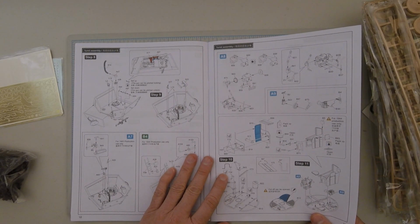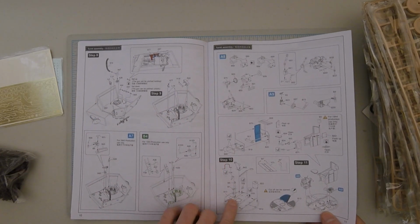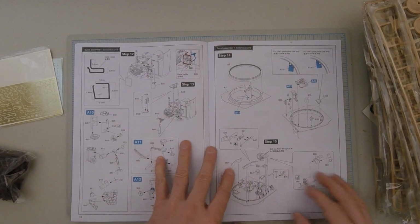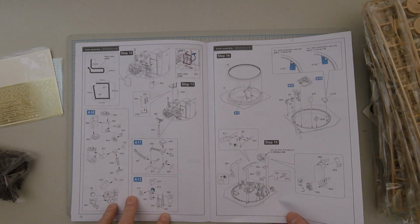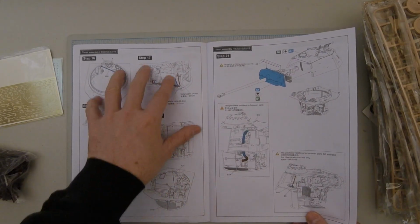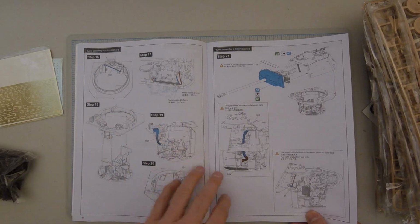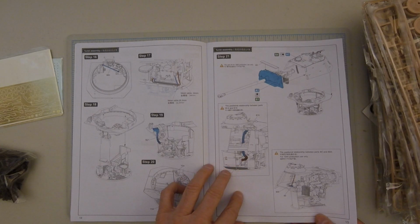And again, the interior parts of the turret going together. Kind of going to skip through. Oh, that's the standing plate, I guess, or some part of the interior there, that round piece that I was looking at. And then we have lots of detail here, lots of good-looking detail, and nice line art really giving you a good idea of what it looks like all together, which is nice. Sometimes they don't obviously give you these things, showing this hose connection here going all the way down through,